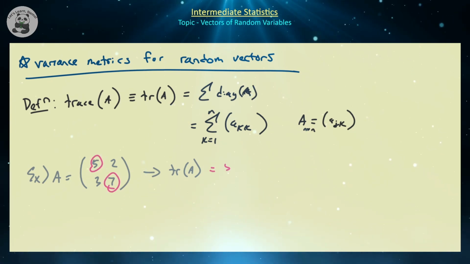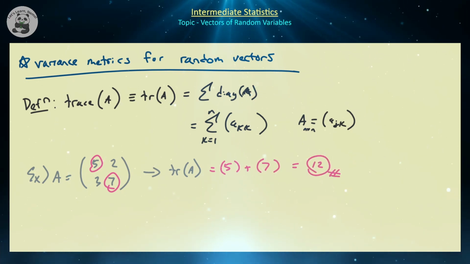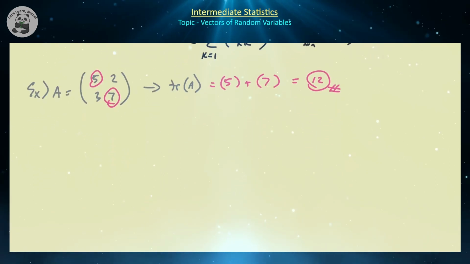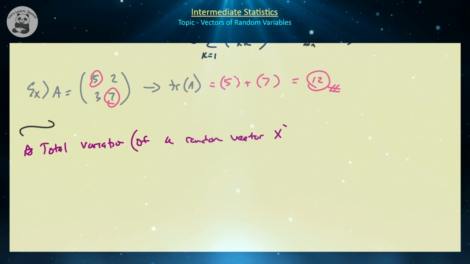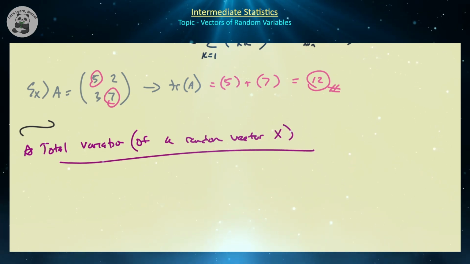So the trace of A is going to be equal to 5 plus 7, which is equal to 12. Therefore, that is the trace of that particular matrix. So let's introduce the first metric of variation for a random vector, and this is called the total variation of a random vector. Some people just call it total variation, but in particular we're talking about the total variation of